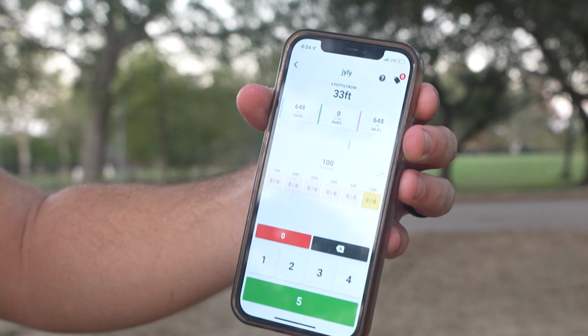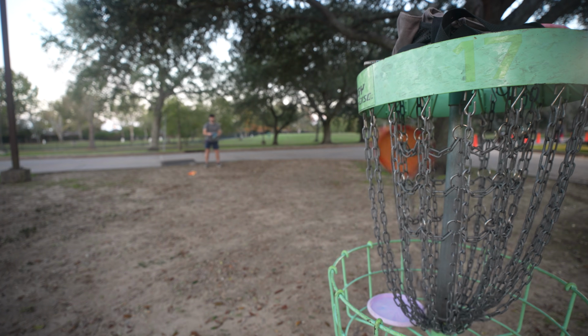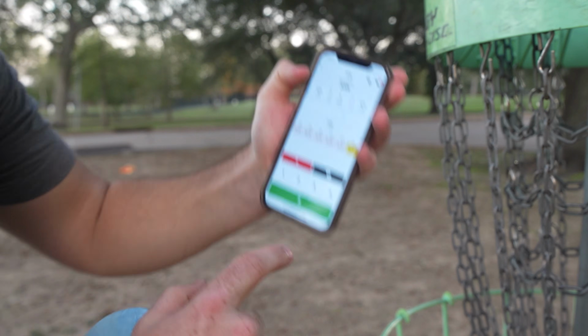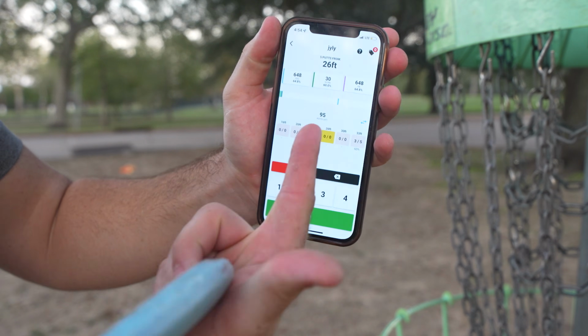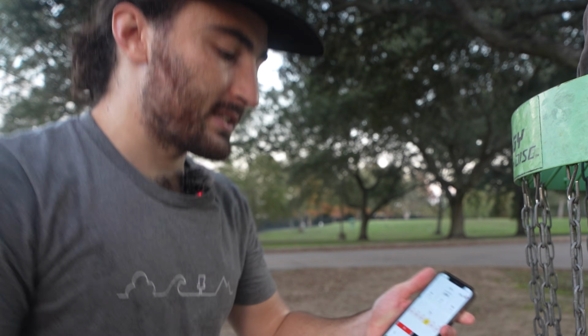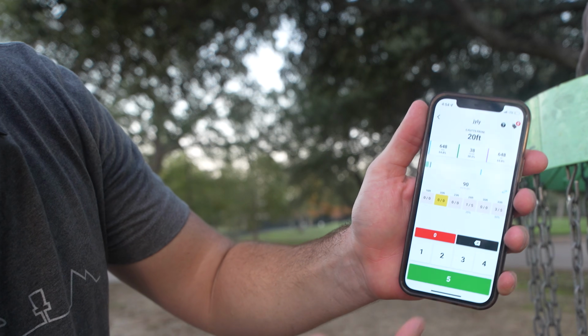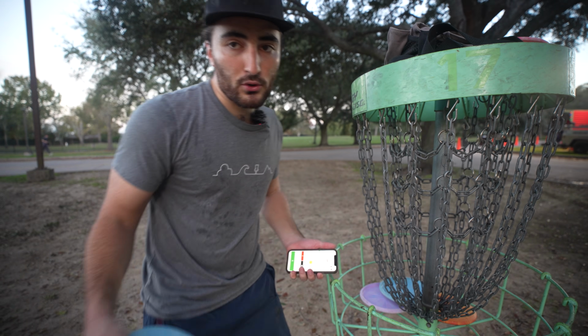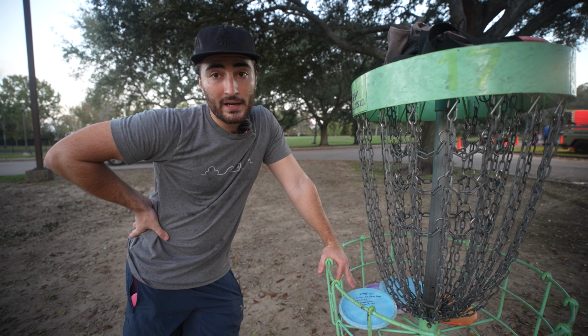So right here, it just says, do 5 putts from 33 feet. That's bad. 3 out of 5. Come back into it, press the 3, and then it gives me 26 feet. And so now, if I miss a bunch from 26 feet, we'll just say 1 from 26 feet, it'll move me to 20 feet. I made 5, it'll move me back up to 33 feet. I made 3, it'll move me around. So it moves you around, it seems to be based on how well you're putting, which is really nice